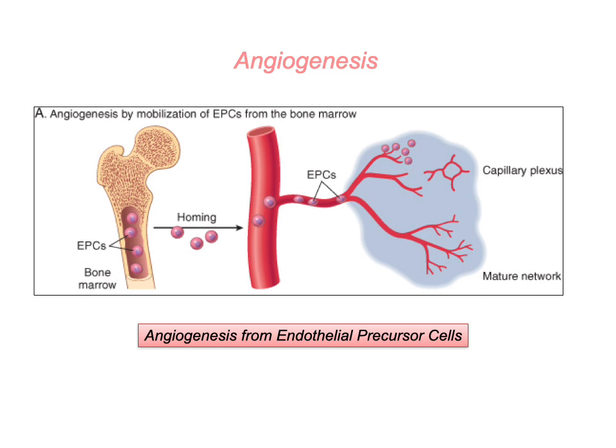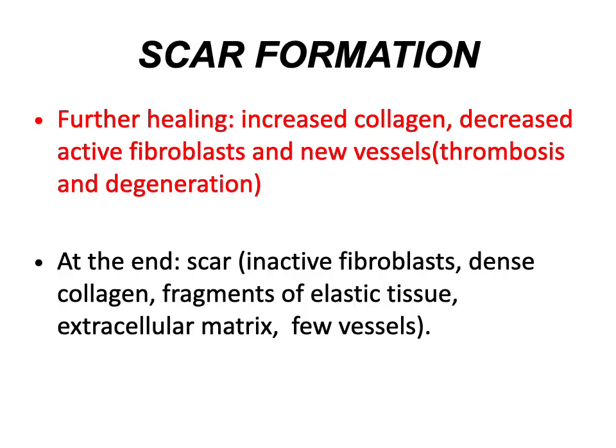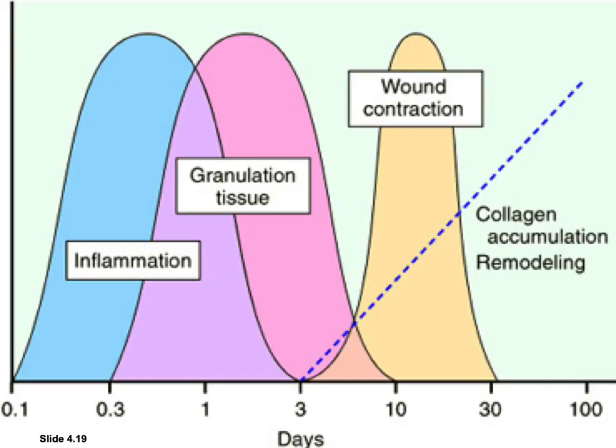Okay, and this will lead to the secretion of substances which will cause the branching out of the endothelial cells. Okay, they branch out. Now, scar formation promotes further healing through the deposition of collagen and the formation of new blood vessels. Okay,